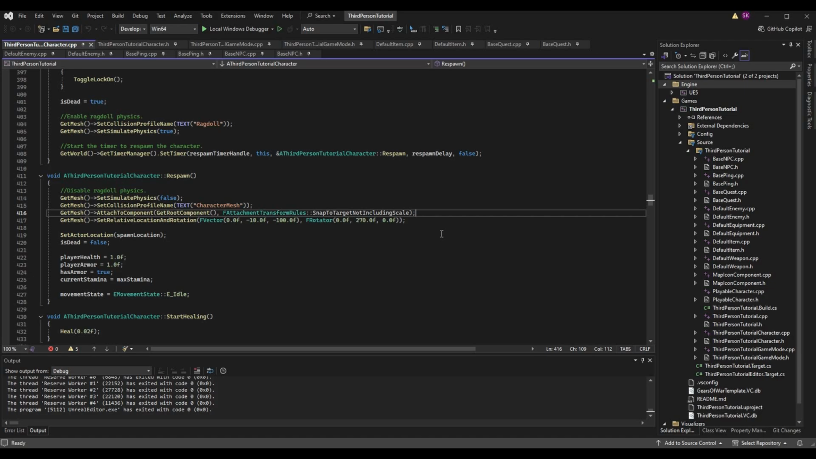The scale should not be adjusted by the ragdolling, but the location and the rotation will. So that's why I've chosen this one. If for whatever reason your scale does change when your character ragdolls, you could change this to snap to target, including scale. Lastly, we want to set our mesh to be at the proper location and rotation if there was